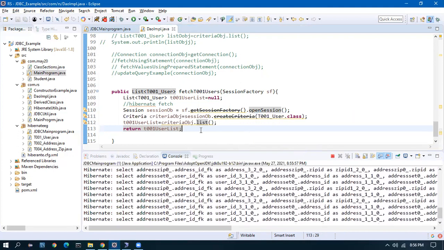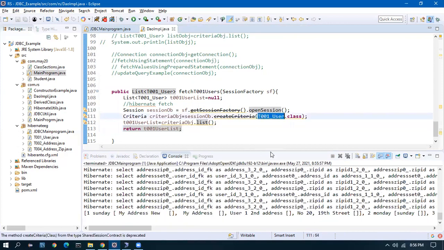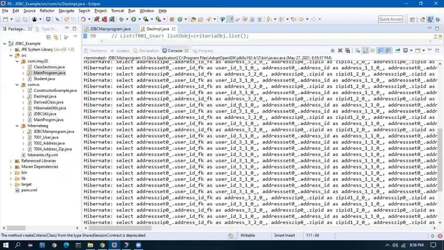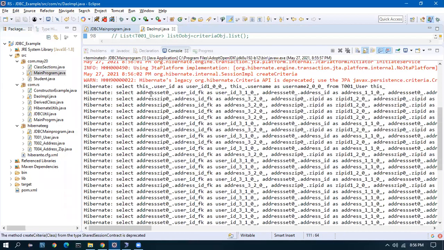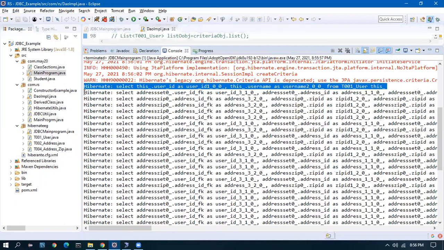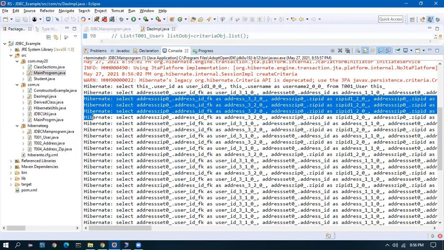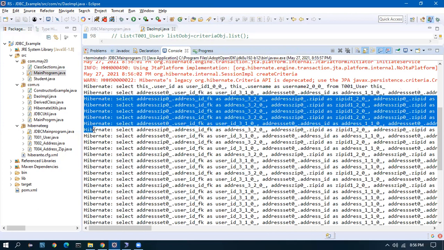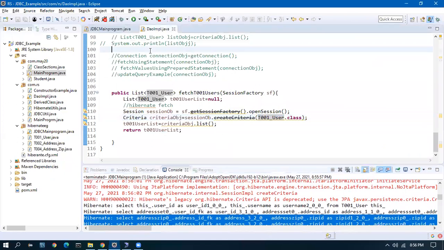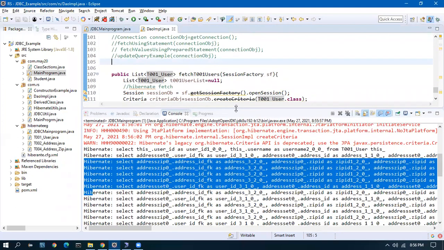Okay, see here, I just did one select. Correct? I am only fetching the user object. See how many selects have gone? The user, the user's address. Rajesh says that first we need to know about JDBC, the connections, and with that base we can analyze what we have to do by comparing. No, you can just see without knowing JDBC.